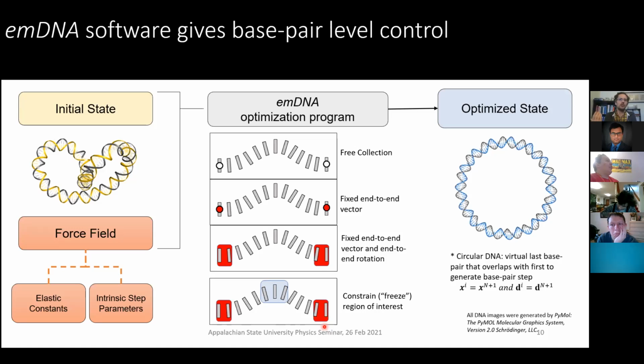Now, when we talk about circular DNA in terms of our simulation, it's very important that we have the proper definition for it. So what we're saying here is that for circular DNA, the positions of the first base pair and last base pair must be identical. That way we have that virtual base pair step that makes the circle become a circle. If we didn't have that overlap of the first and last base pair, then philosophically, we really wouldn't have a circle. So it's a way in which we do that work in our simulation to get what we want in terms of circular forms.